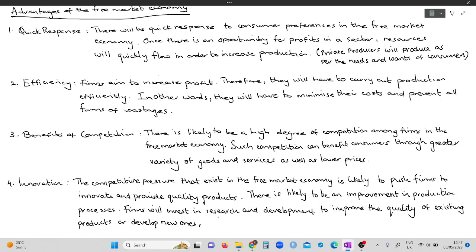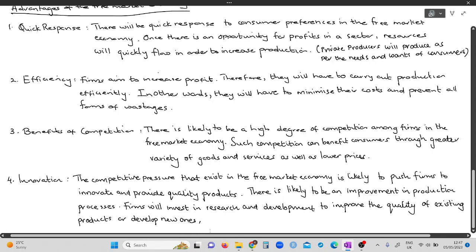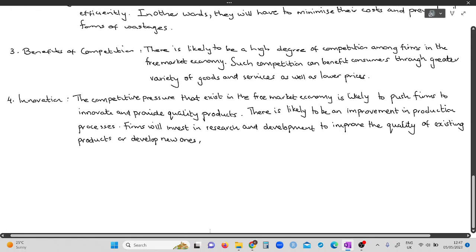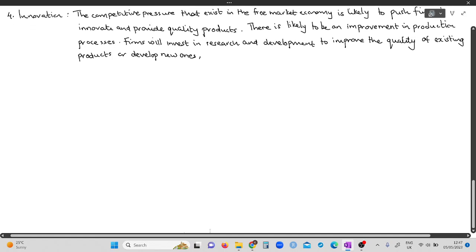Okay, so these were the advantages of the free market system. However, it is important to know that a free market system, just like there is often an advantage, there are also often disadvantages. So next we will be looking mainly at the disadvantages of the market system. Always remember that a market system is an economic system with limited government intervention. So, there can be some issues that arise. So, let's take the disadvantages